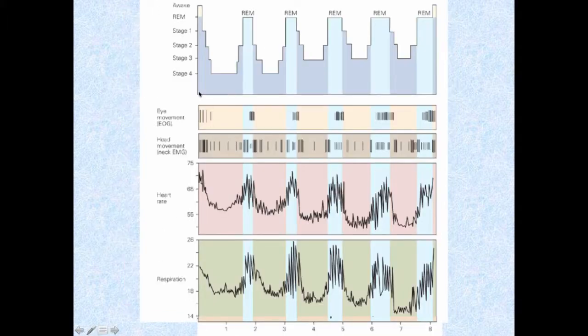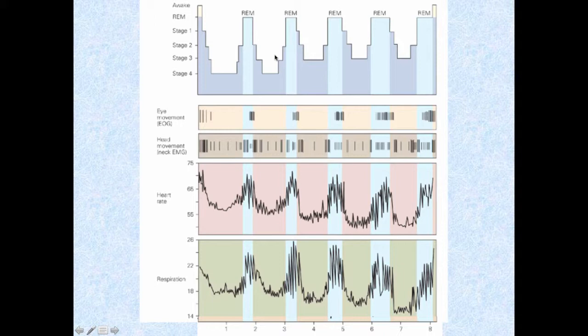So over here, what we see are the sleep cycles, multiple sleep cycles, seen from a different perspective. So we see the cycling of sleep stages over about an 8-hour sleep period. And what we see is that we go through one after another sleep cycle.